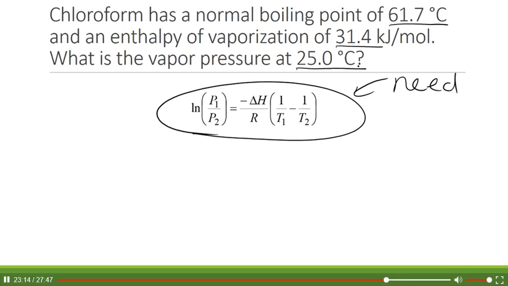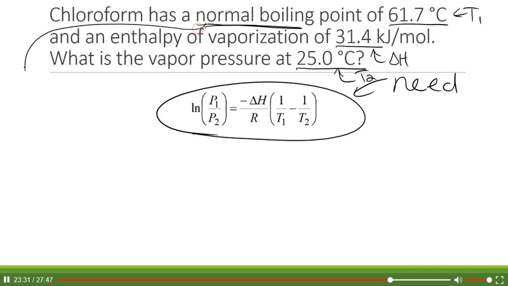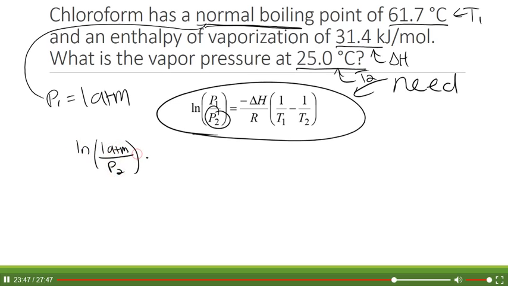So this is going to be T1 right here. This is going to be T2. This is going to be our delta H. And since we have a normal boiling point, that means that P1 is 1 atmosphere. Okay, so we're solving for P2 in this case, and we have everything else. So ln of 1 atm divided by P2 is equal to negative